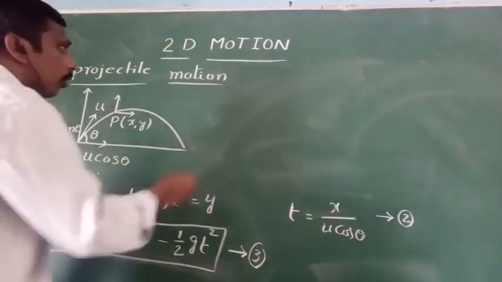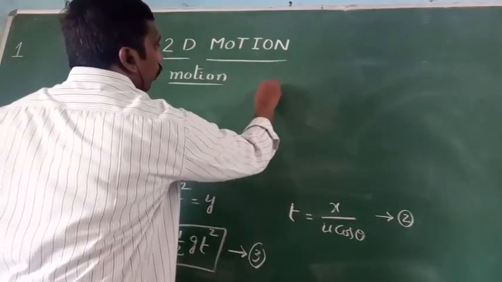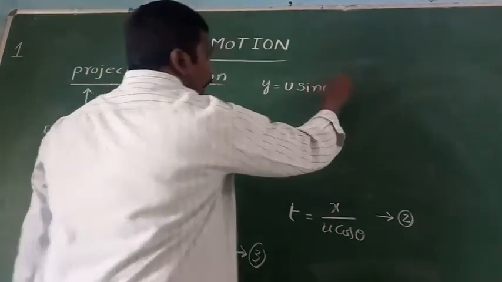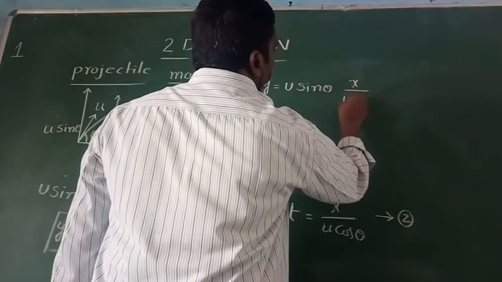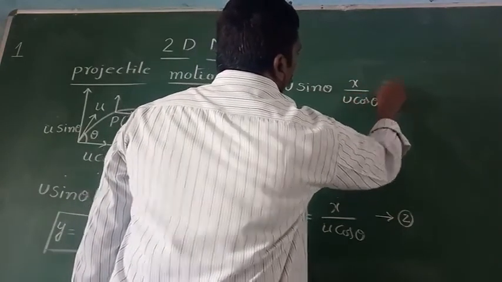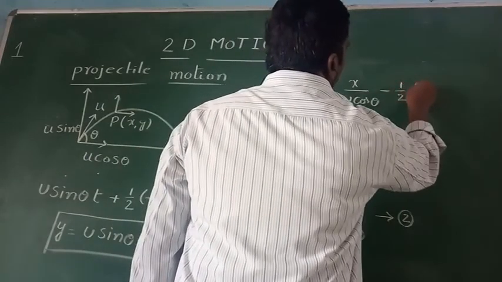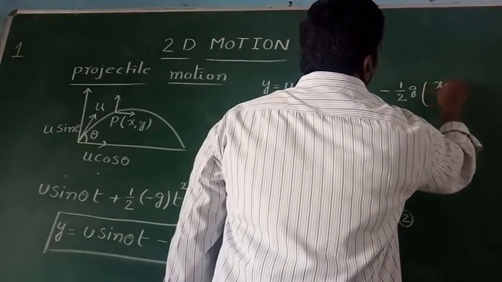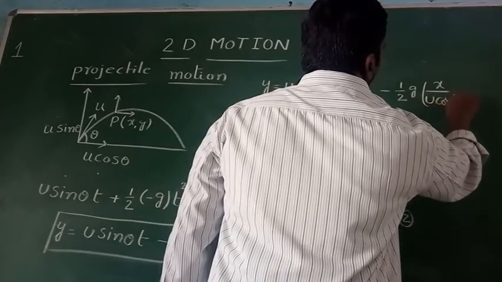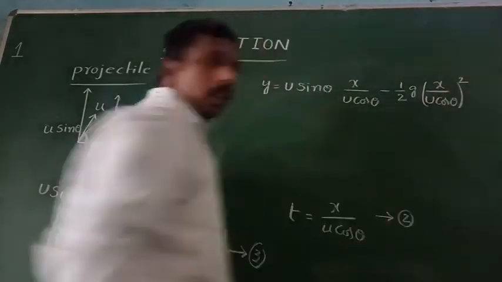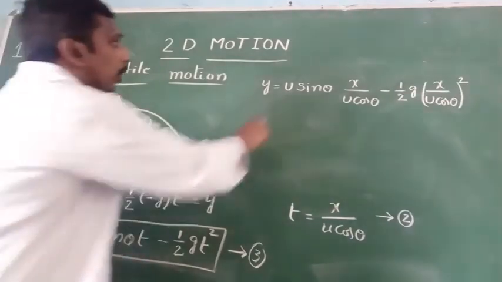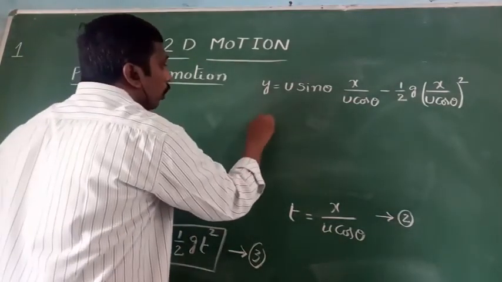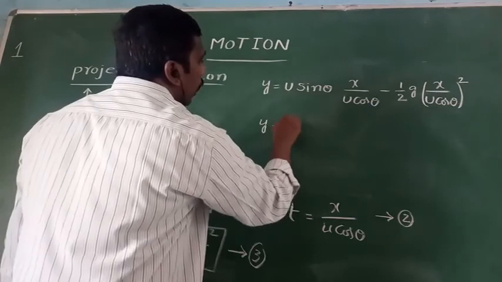So then we can write y is equal to u sin theta into x by u cos theta, minus half g into t square, where t is equal to x by u cos theta, whole square. Sin theta by cos theta is equal to tan theta, and u gets cancelled. From this we can write y is equal to tan theta into x